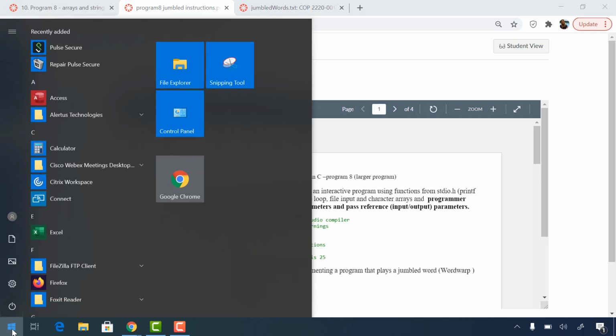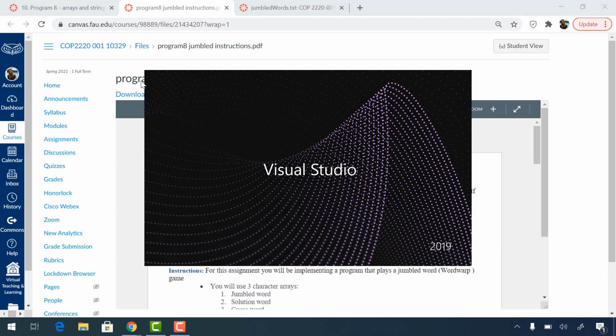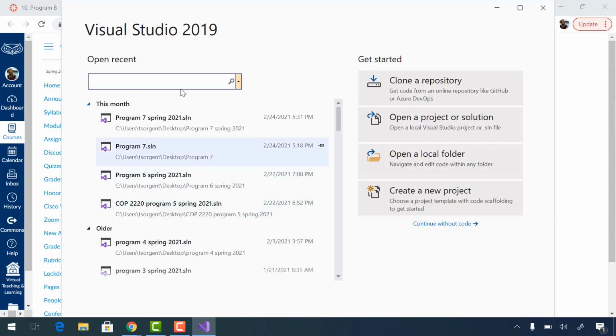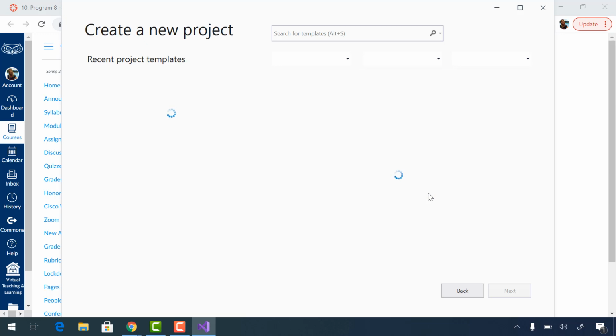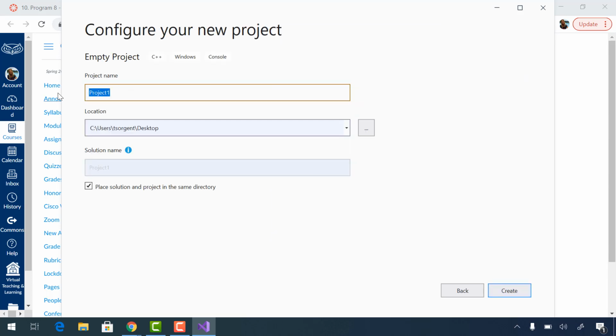So let's launch Visual Studio and make a project and put the file in there. So I'm going to create a new project. This is an empty project. I'm going to put it on my desktop. It's going to be called COP 2220 program 8 spring 2021. All right. Create my project,